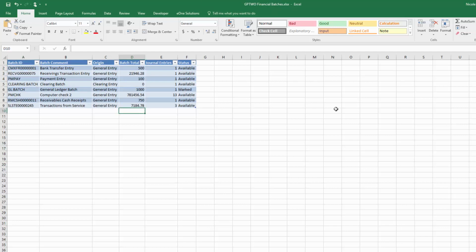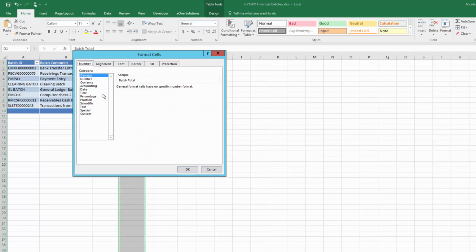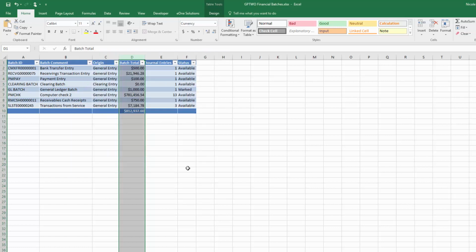There are totaling options in here, so I can do a total of that field if I want to, and you can see that that line turned blue. There's one totaling row that will move up and down with your data if you add that. If I save this, that formatting gets saved. So any formatting I do here, if I make this a currency field with 2 decimals, that formatting will get saved as long as I save this when I close it. The data does not get saved inside the file. It's just the formatting of the report that gets saved.